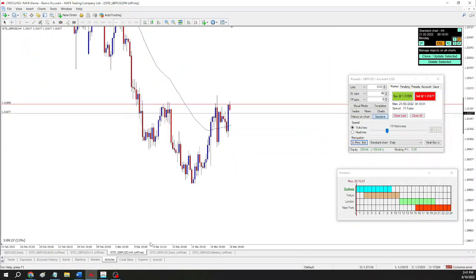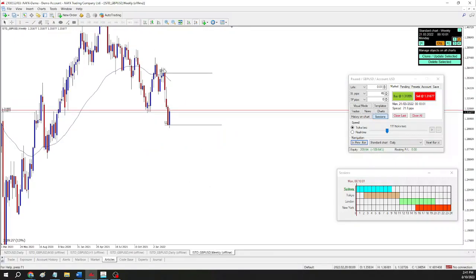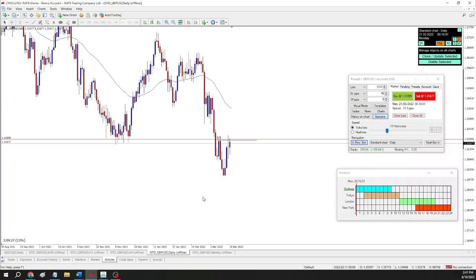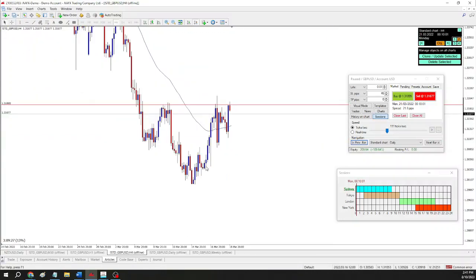Let me go to the 4 hour. The 4 hour has just made a new high. So this is the last higher low. This is the higher high. So right now, all I have is the weekly showing bearish. The other two right now, this is showing bearish, but I can tell it's about to break past this and close above that, and it's going to turn into a bullish trend. And then this is clearly a bullish trend, making higher highs and higher lows, higher high, higher low, higher high,